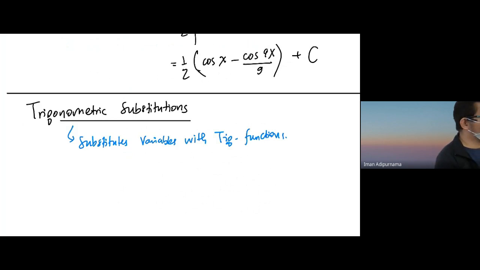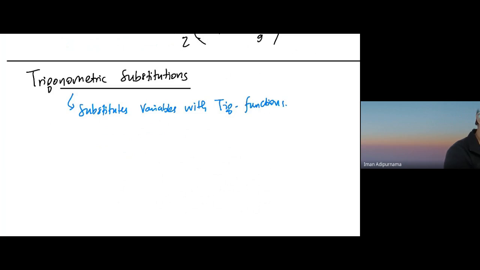And what is our consideration? First, you need to remember that sine squared x plus cos squared x is equal to 1. The second one is tangent squared x plus 1 is